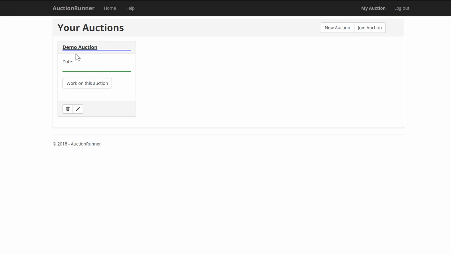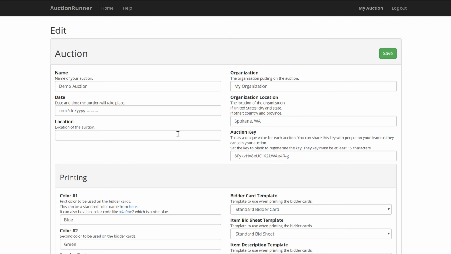I do want to talk a little bit about some of the features. Now, you can delete your auction, which will set it up, and the auction will be deleted. And if you click this little pencil right here, you can then see a bunch of information about your auction. So I can come in here and put in, let's say, the particular date that my auction is going to be. In this case, let's pick